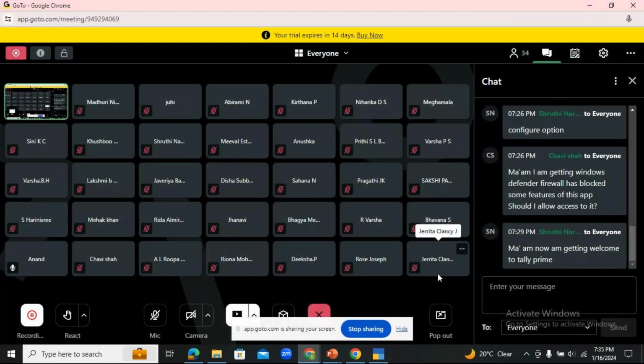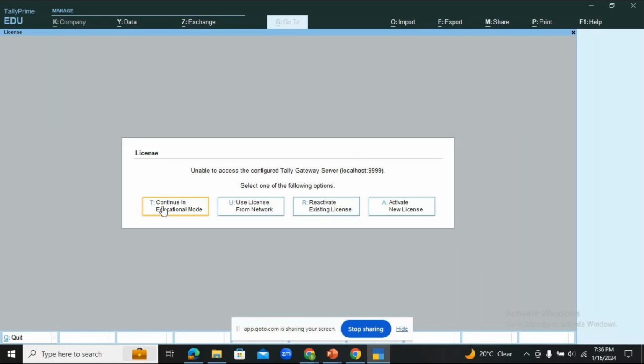Right. So now what all of you are going to do is click on continue in educational mode, the first option which you have got here. Just click on that.